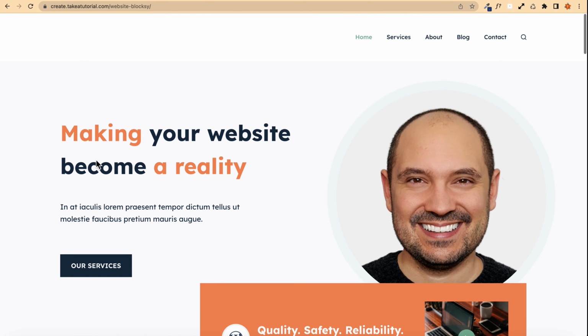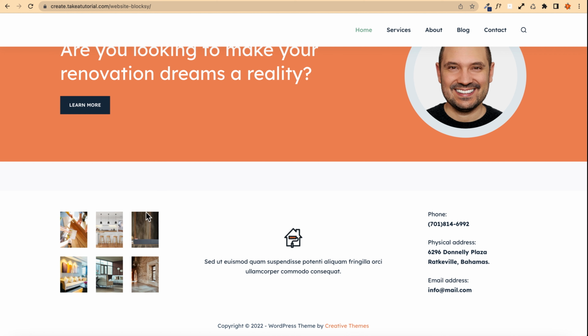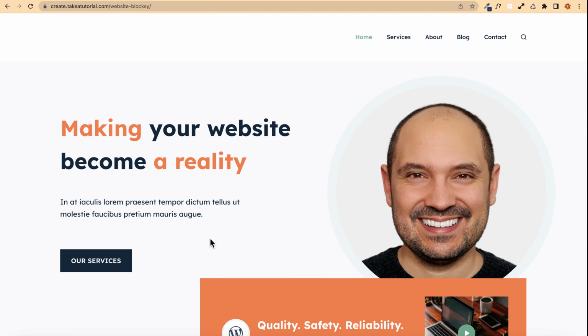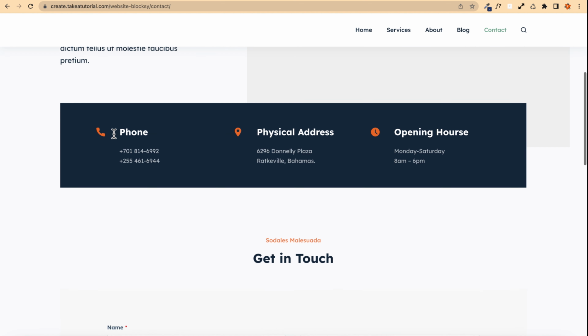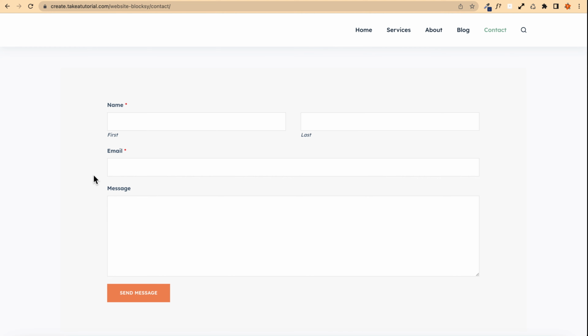So now I think we are ready to customize the slider, and then we will learn how to customize our header here, our navigation, and we will learn how to add a logo, for example, and we can also learn later on how to customize our footer. And then by the end of the video, we will learn how to customize our contact page and our contact form in order to be able to receive notifications each time someone is asking something to us about our business,